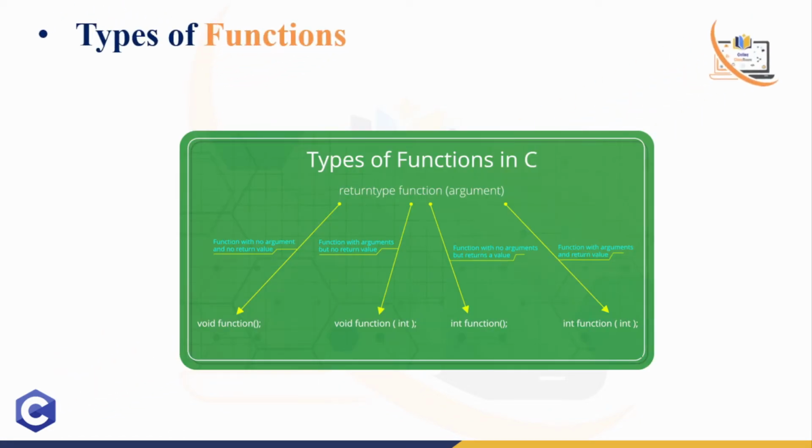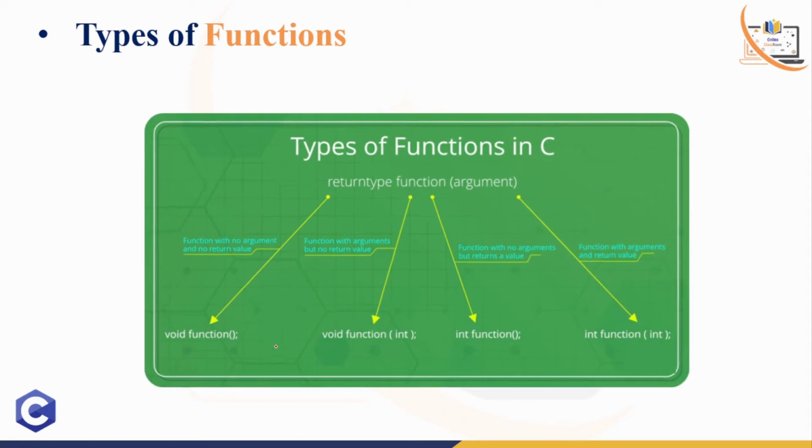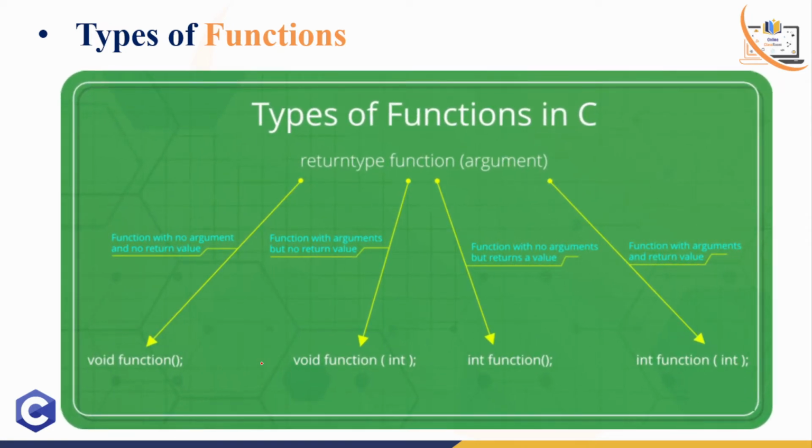Now, this is what I already told you, that one is parameterized or non-parameterized. So what is the structure? Basically, if you look at the structure of each and every type, suppose this is void, the function name, and void is the return type of that particular function, with a first bracket open and close. Inside this there is nothing, so we can say the function is a user defined function whose return type is void. It means this function returns nothing, and it will not take any argument